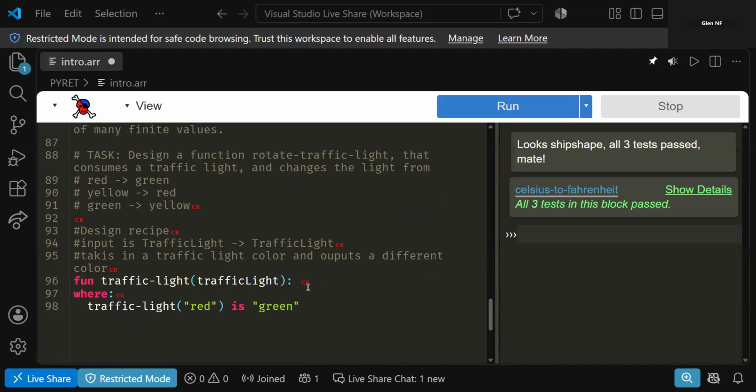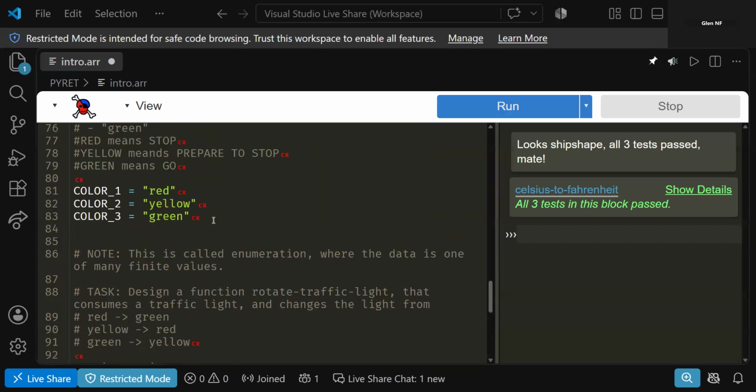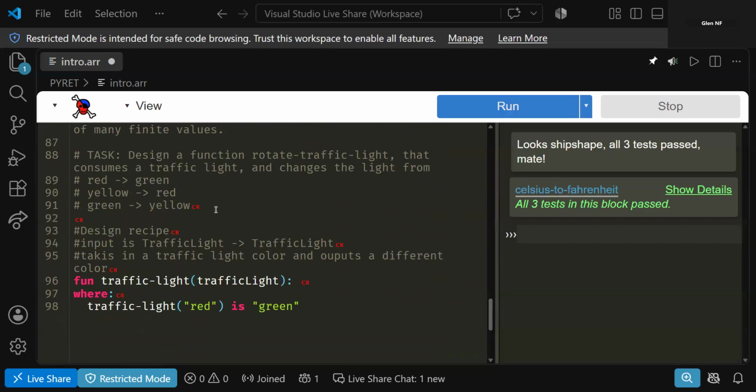Great. Okay, I'll explain this in a moment, but I would like you to use the examples we defined from lines 81 to 83. All right, so we'll just be, so here